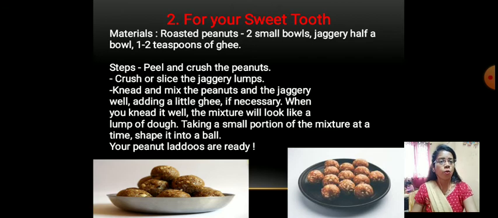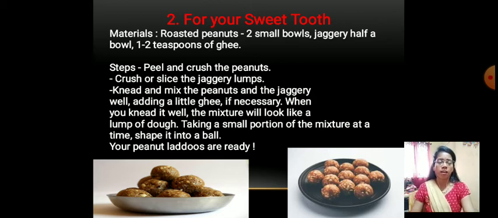You have to peel the peanuts, crush them well, then add the jaggery into it, and next, if necessary, take the ghee to mix it well, and take a small portion of the mixture and shape it like a ball, and if the small balls are ready, your sweet til ladus are ready. Now your peanut ladus are ready.